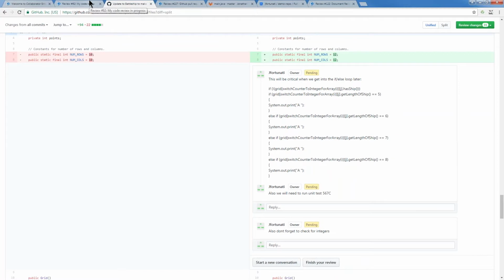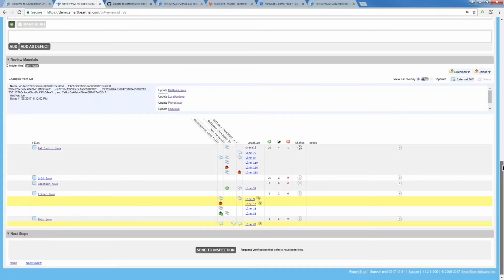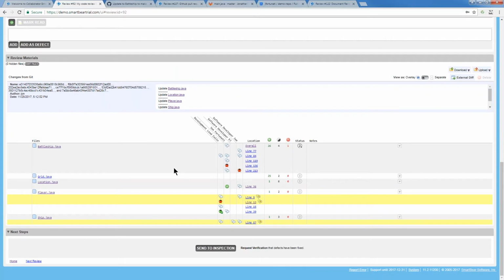But let me go into the same pull request in Collaborator. I'm just going to go back here, and right off the bat, we get a nice overview of what's going on with this pull request, or with this code review. We can see the different files that have been added to this code review. We can see the lines and conversations